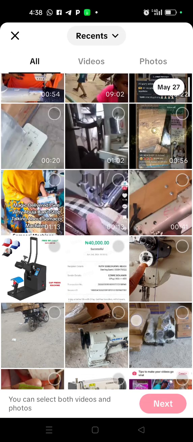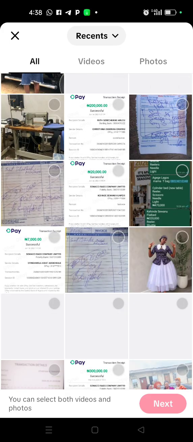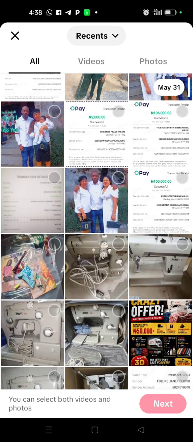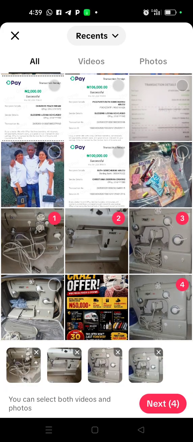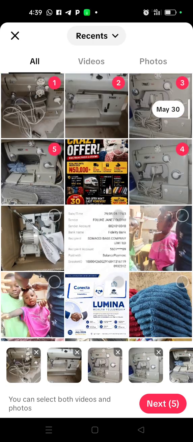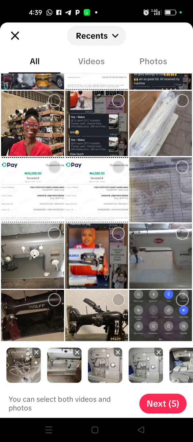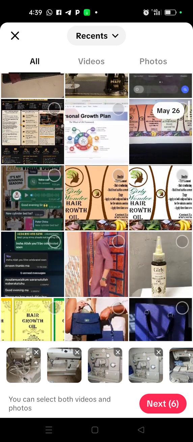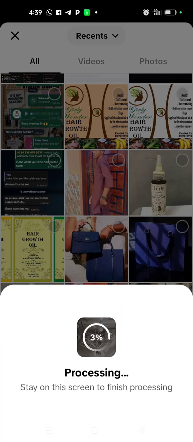With auto cut, you have the opportunity to select multiple images. You can select multiple images, and this one will give you